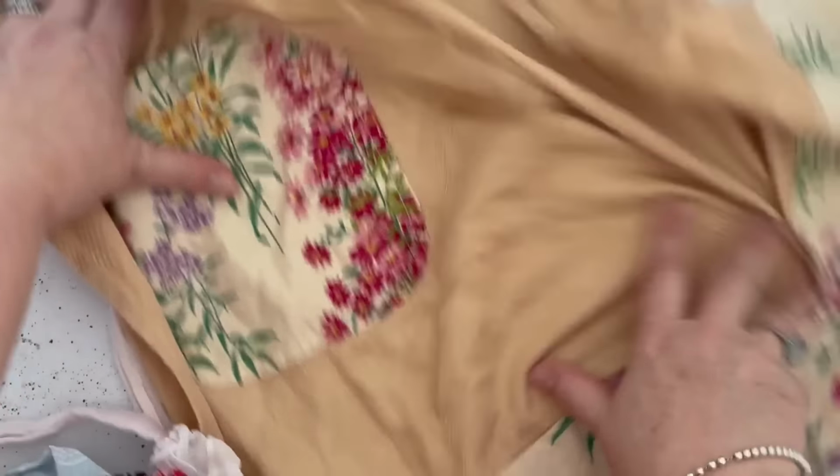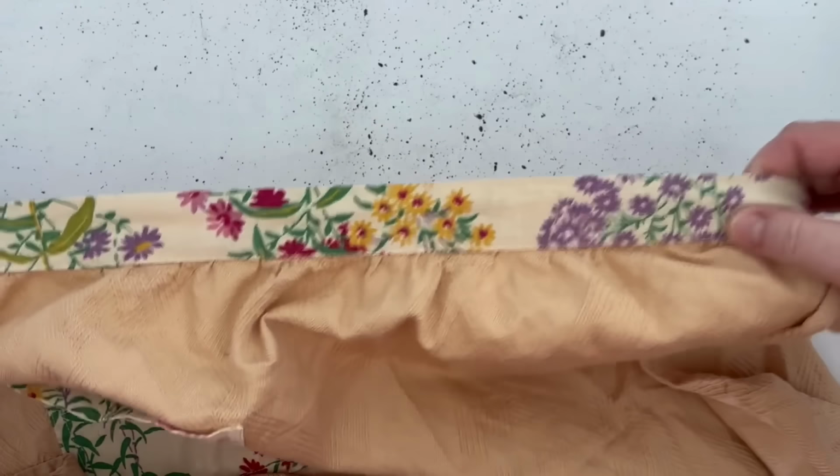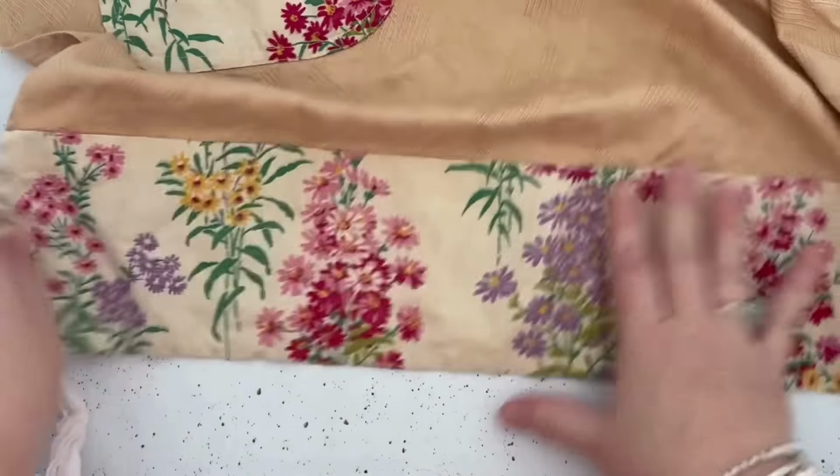And while we're doing other textiles than doilies or tablecloths, I also picked up this apron. So this is fine. It's a taupey colour, kind of textured cotton. I just really like the pocket, the fabric on the pocket, like these daisies through here. I liked this bit here, would be perfect in something, and more of that beautiful fabric across the bottom. So picked up that apron